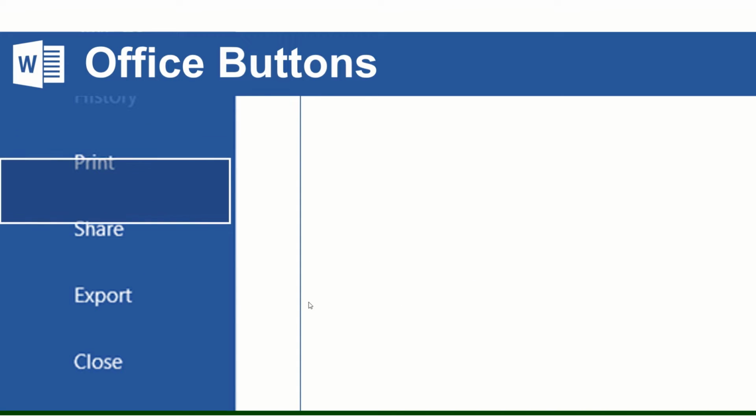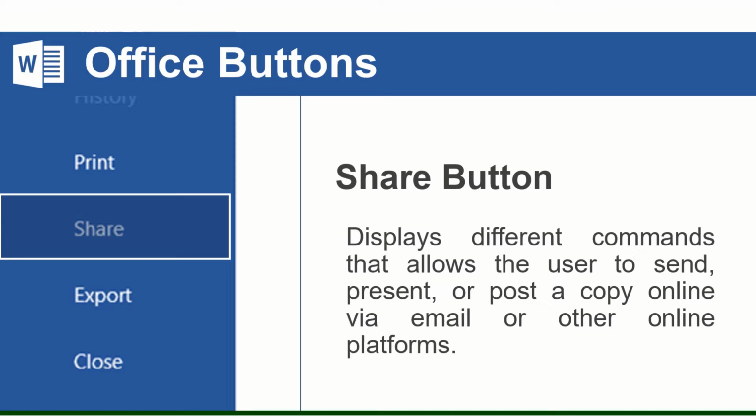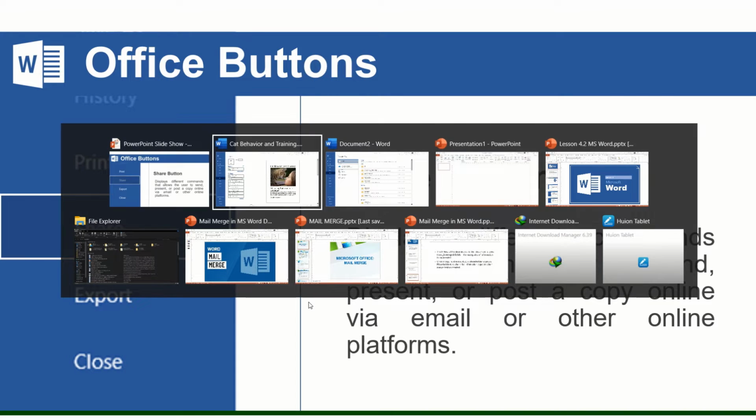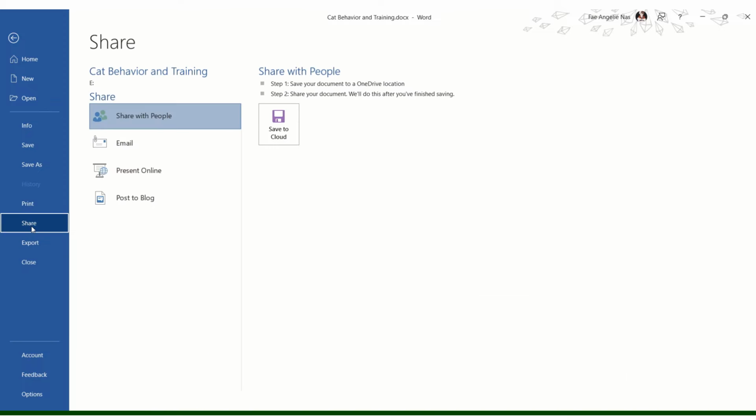So next button is the share button. The share button displays different commands that allow the user to send, present, or post a copy online via email or other online platforms. So if we go to the share button, you can see there you can share this to different people. So for example, we already have Microsoft Teams, or we have Office online. So this file can be saved online in the cloud of